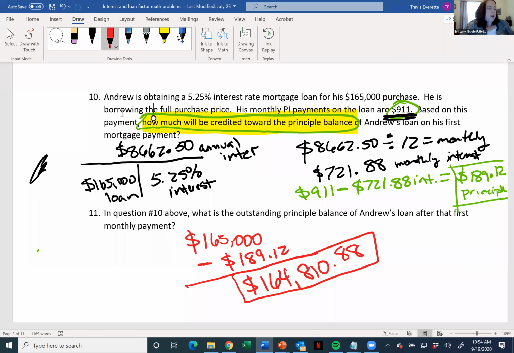Okay. Because whenever I did it, I solved it to get to the point of the 721.88, and then I was like, okay, what do I do? And then I stopped because I had no idea. So here's my question: when you wrote down 721.88, did you write down what it was, or did you just write down that number? I didn't write down what it was. So that was my first problem. Because then I thought, okay, do I take that 721.88 and subtract it from the loan amount?